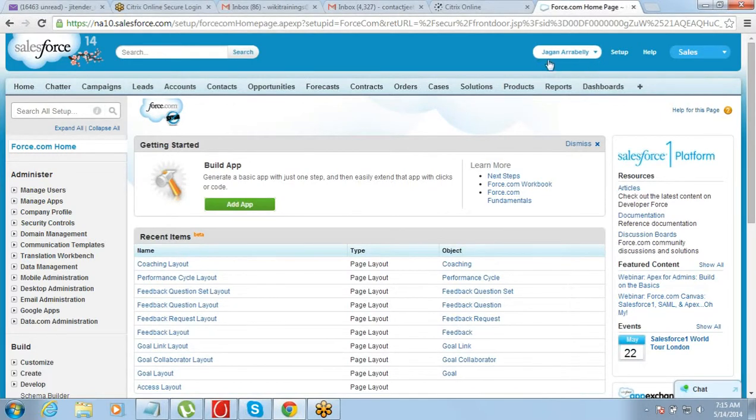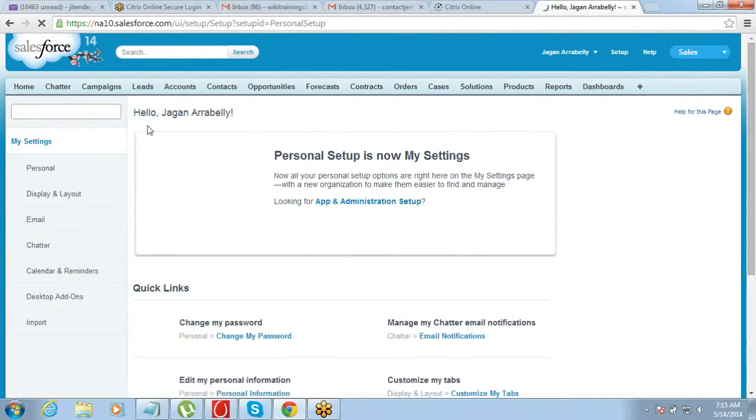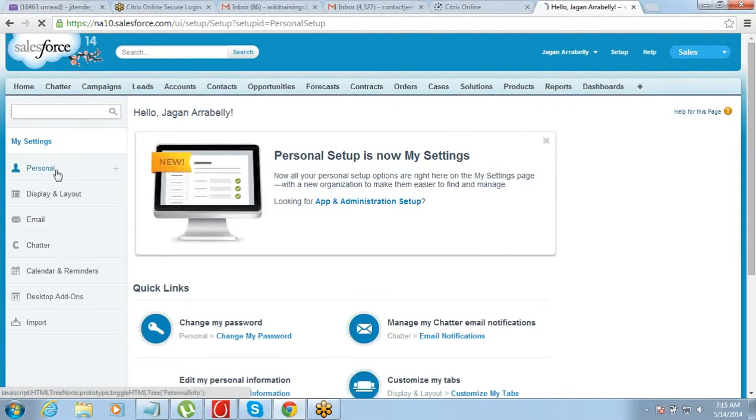Now you see your name here. If you click on your name, there you will find My Settings. If you click on My Settings, this will take you to your personal settings. On the left hand side you will see My Settings and all, right? So in case you want to do your personal settings, you should click on your name and click on My Settings.